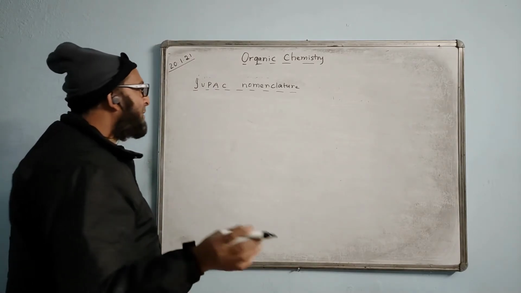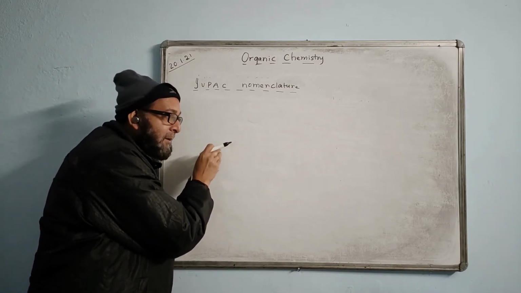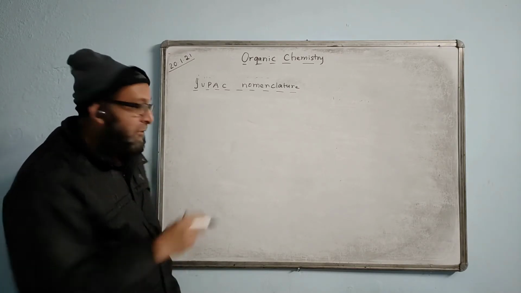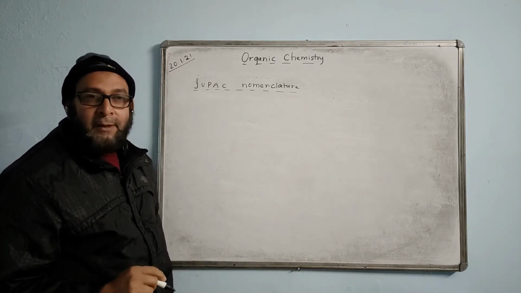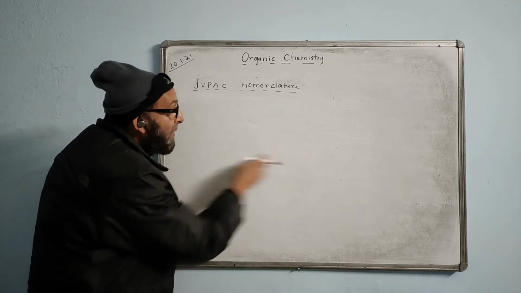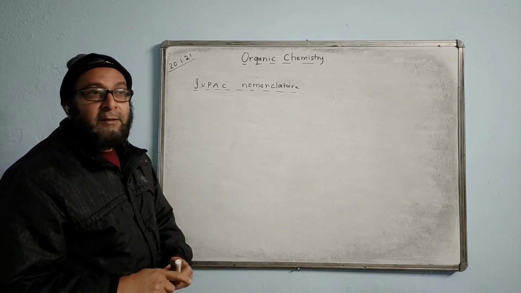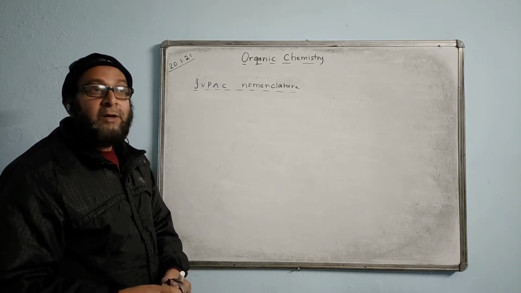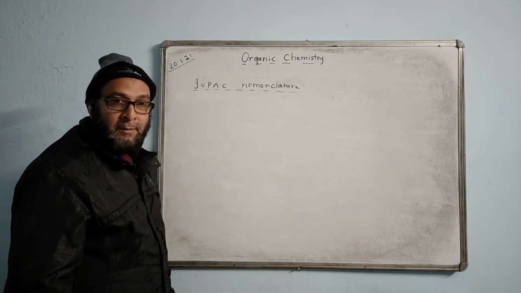He was asking himself why he cannot write in the middle, why to write in the beginning or at the end. I said no. So in that case, the number allotted will be what? 1. If you start from the beginning or from the end, what number will you allot? 1. And we know 1 can be ignored, you know that. But if it comes anywhere in between, can you ignore it? Like 2 pentane, 3 something, that number you cannot ignore. So that's why you cannot put it anywhere in between. You have to put it either in the beginning or at the end. Is that clear?